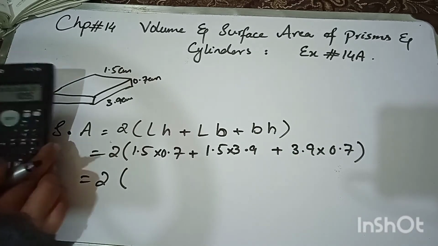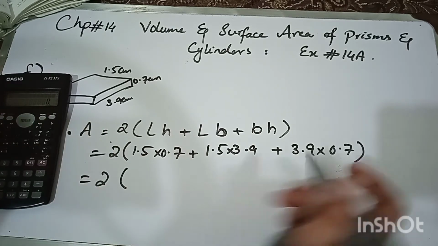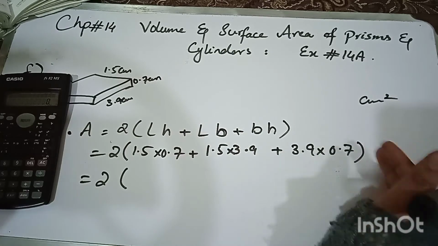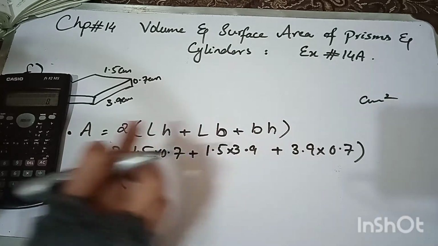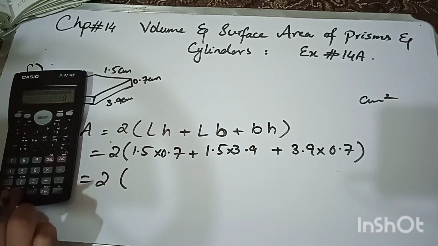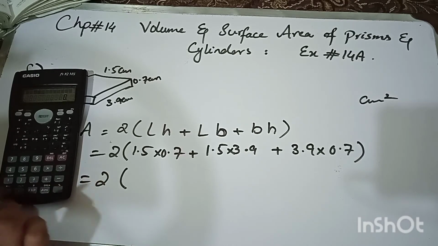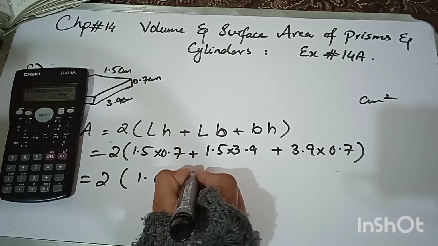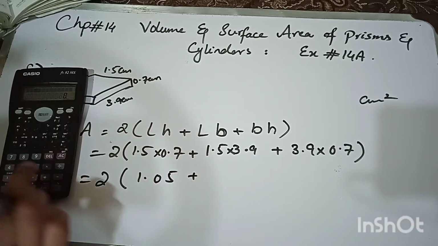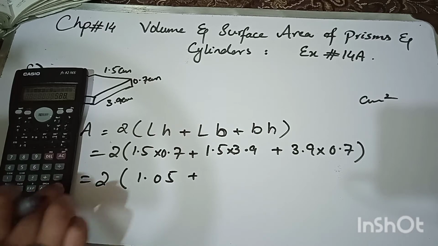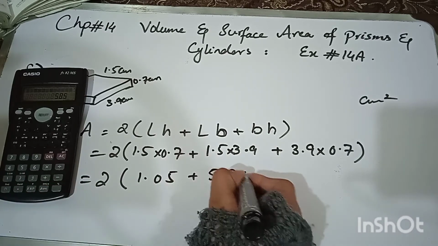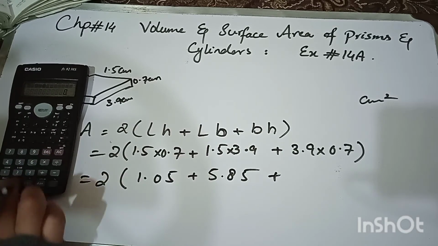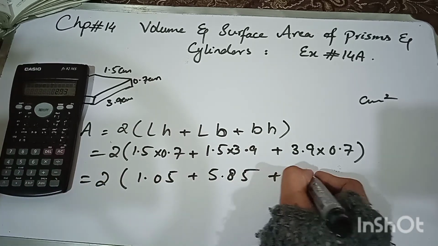ओके जी, मल्टीप्लाई कर लेते हैं. हमारे पास जो सरफेस एरिया की यूनिट होती है दैट इज सेंटीमीटर स्क्वायर. अगर आपके पास सेंटीमीटर मिलीमीटर है तो मिलीमीटर स्क्वायर, बट इन फॉर्म ऑफ स्क्वायर, जबकि वॉल्यूम की हमारे पास क्यूब में होती है. ठीक है, 1.5 मल्टीप्लाई बाय 0.7 वो कैसे होती है वो मैं आपको अभी दोबारा से क्लियर कर देती हूँ. Then next is 1.5 multiplied by 3.9, so it is equal to 5.85, and the next is 3.9 multiplied by 0.7, so it is equal to 2.73.